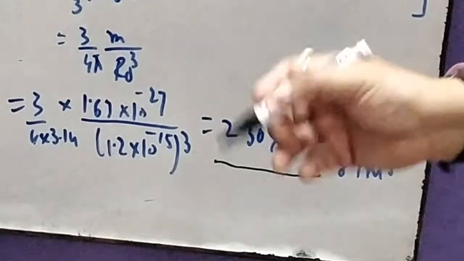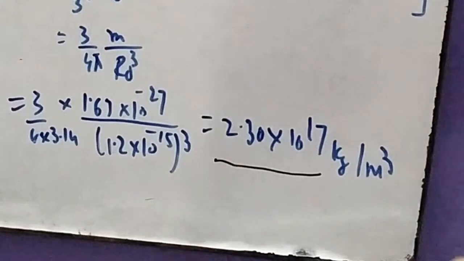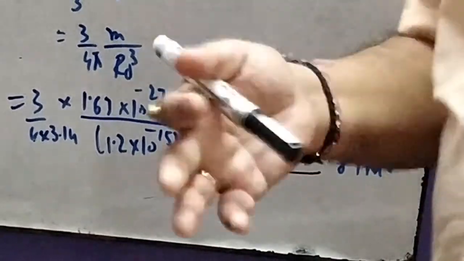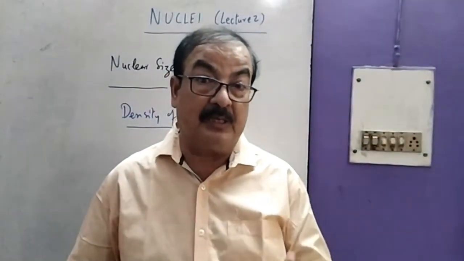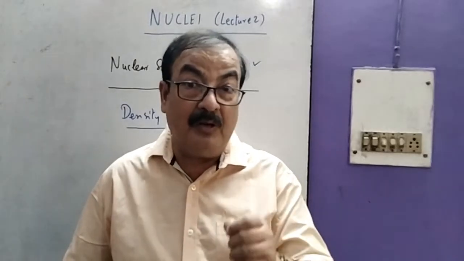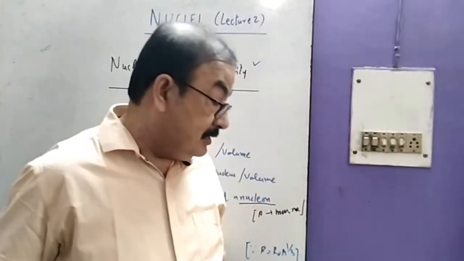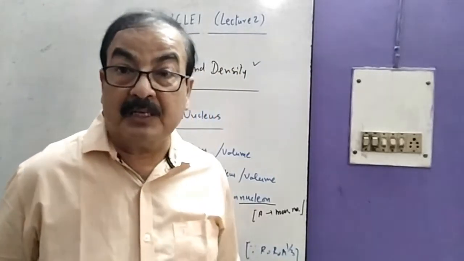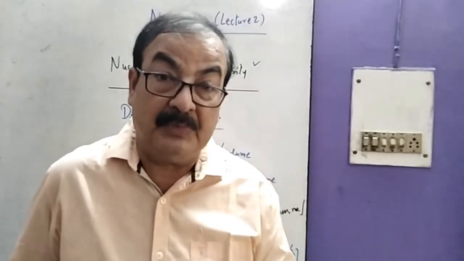meter cube. The density is this huge; you can understand that in one meter cube, the portion of nucleons would be 10 to the power 17 kg. So it is such a big thing. Although the nucleus itself is very small, that is why it is called so massive. You can see its density is so huge, and that is why we call the nucleus the very massive part of the atom.